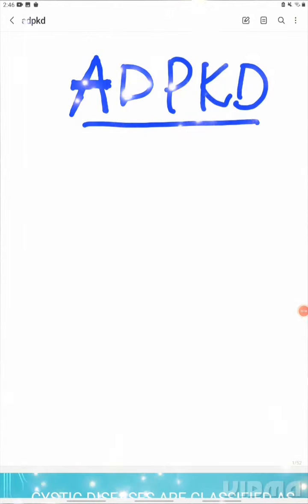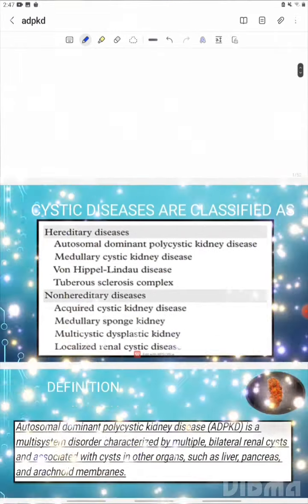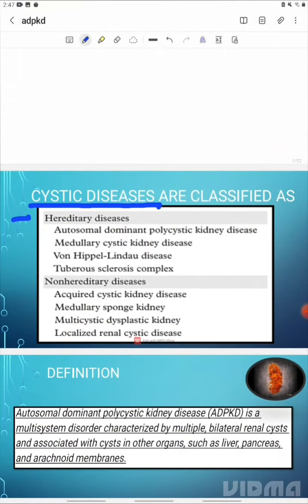Hello guys, today the topic of discussion is autosomal dominant polycystic kidney disease. Before going into this topic, we should know about the classification of cystic kidney diseases. Broadly, they are classified as hereditary diseases and